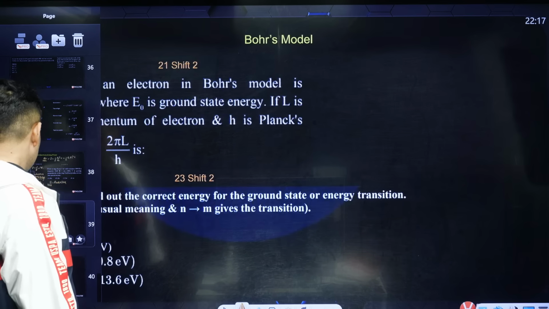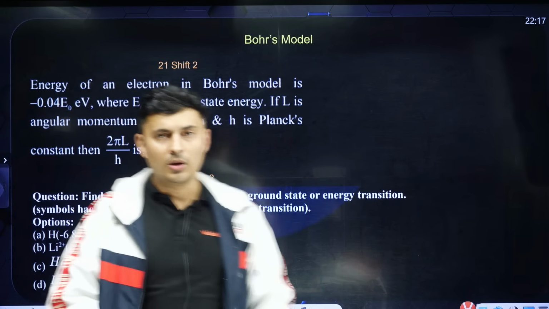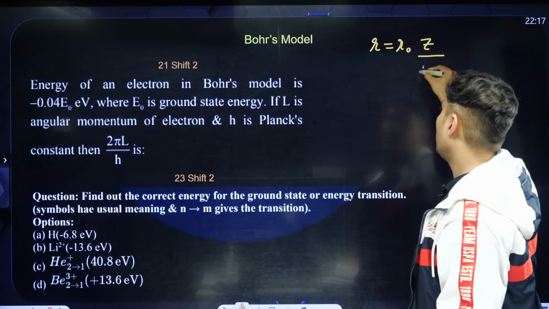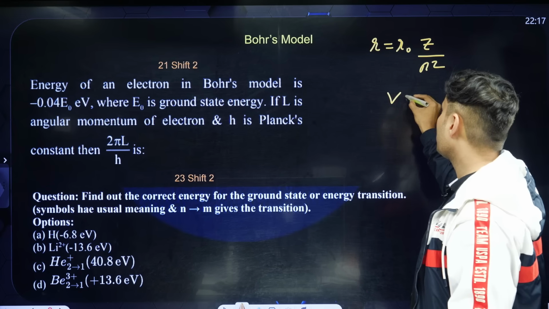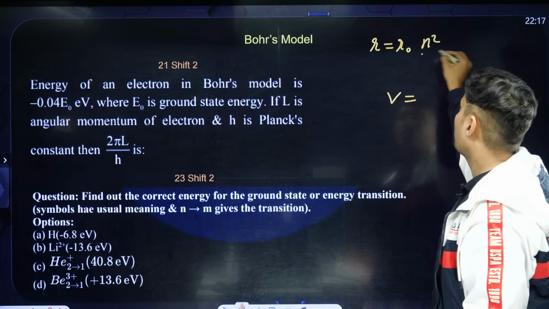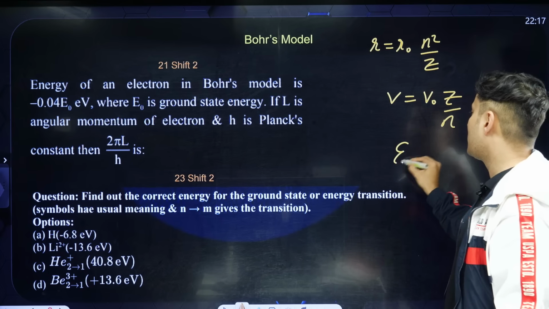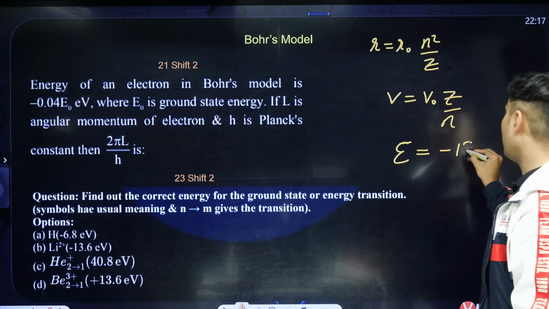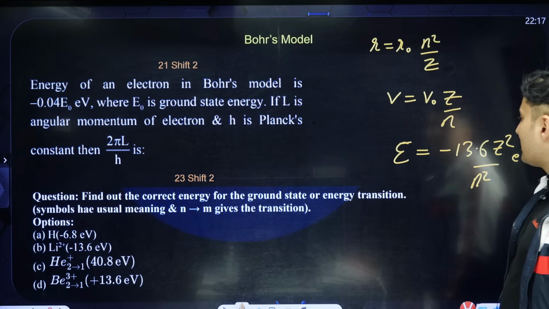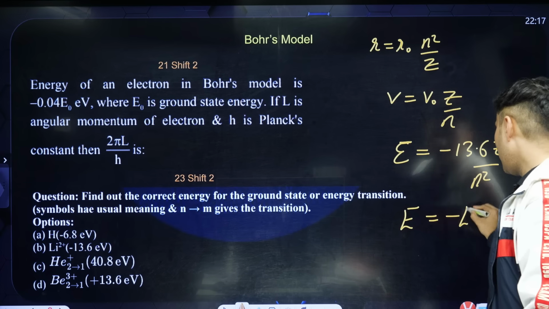Okay. Great. Then Bohr's model has come multiple times with Lyman series and Balmer series and all of that. So multiple things that you should know: r is equal to r naught n square by Z. Sorry, this is n square by Z, my bad. Then velocity is v naught Z by n. Then energy will be minus 13.6 Z square by n square in electron volt. This has come. Then also the total energy is negative of kinetic energy,